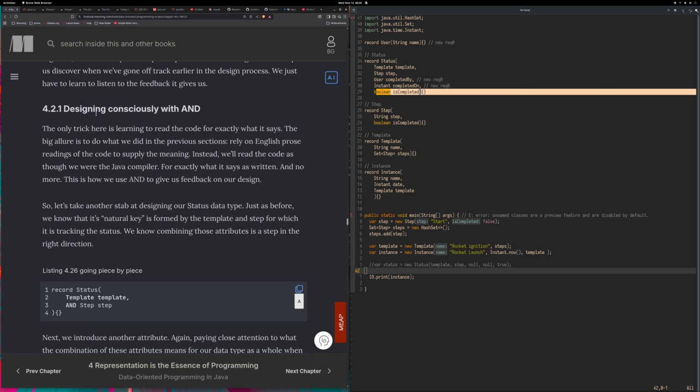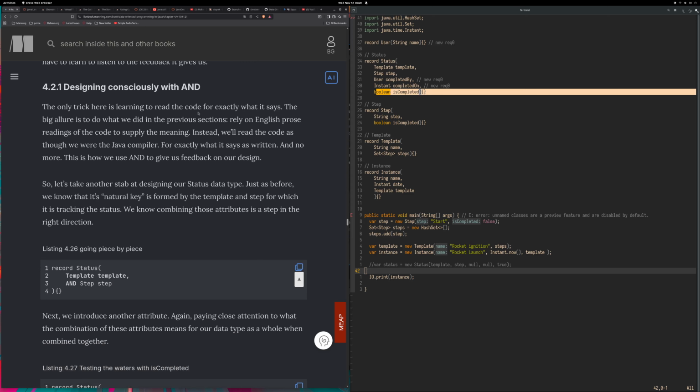So 4.2.1, designing consciously with ands. Okay, the only trick here is learning to read the code for exactly what it says. The big allure is to do what we did in the previous sections, rely on an English prose reading of the code to supply the meaning. Instead, we'll read the code as though we are the Java compiler, for exactly what it says as written